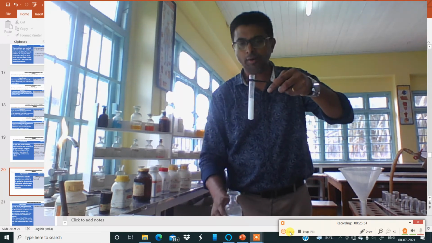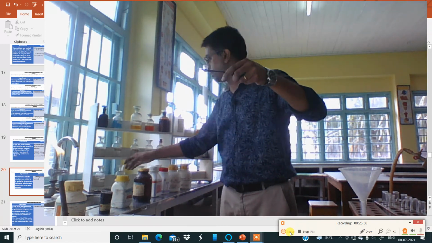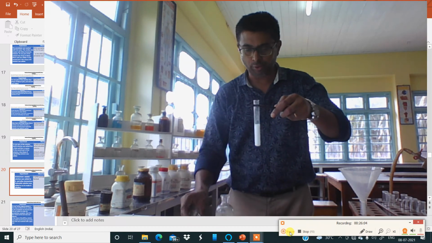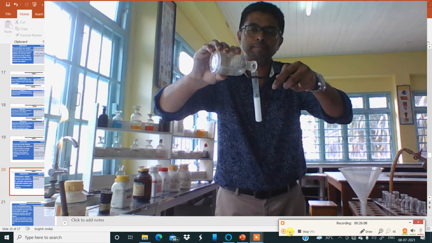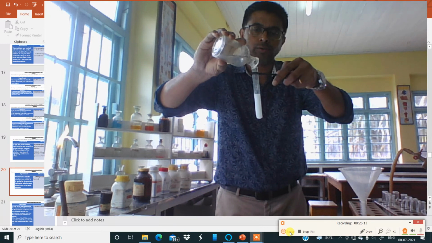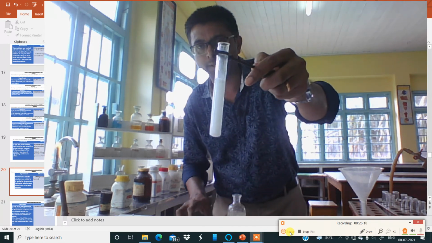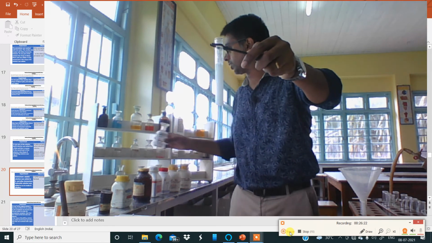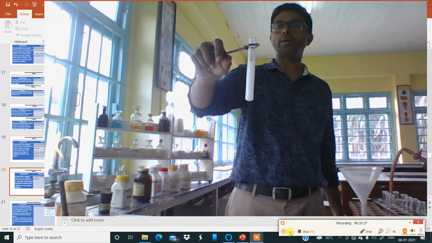Now I'll try to make this solution alkaline by adding ammonium hydroxide to deepen the precipitate, to make it more dense. So now I'll add ammonium hydroxide to make the solution alkaline. Now I'll get a thick precipitate. The precipitate has become thick. Now this formation of white precipitate confirms the presence of calcium ion, and this calcium ion is the basic radical